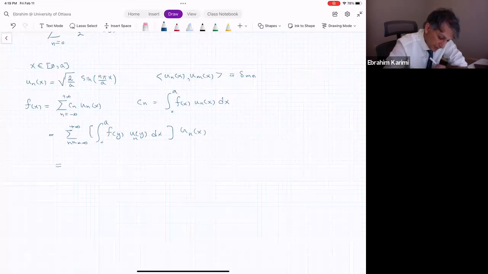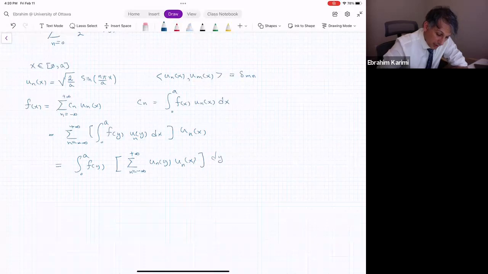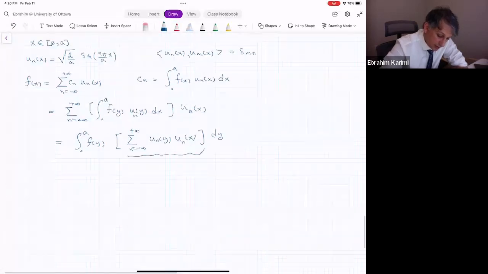Then swapping the integral and summation, you will get the integral from 0 to a of f(y), then the summation from n = minus infinity to plus infinity of u_n(y) u_n(x) dy. And that can be true only if this is delta of y minus x, which means that the integral from 0 to a of